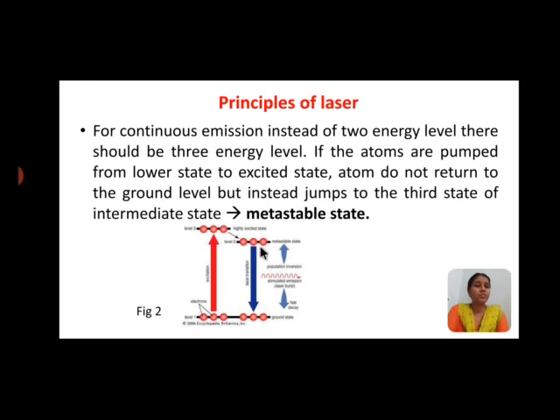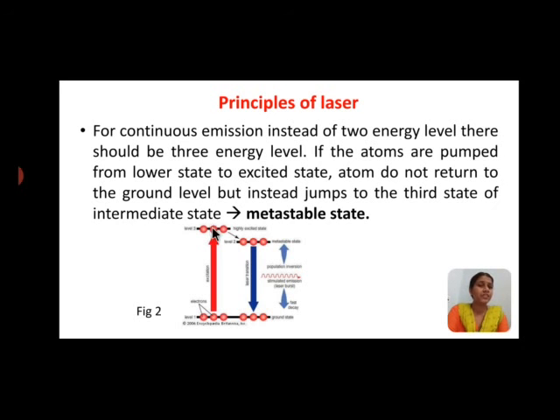Before, we made use of 2 energy levels. Now why are we making use of 3 energy levels? In 2 energy levels we are not getting the continuous emission of the laser, due to which we want 3 levels. Now look at this figure. This is the ground state, where the atoms are lying. This is an excited state, and this is a metastable state. For the atom lying in the ground state, you incident the photon. The atom gets stimulated with this photon and goes and sits in the higher energy level.